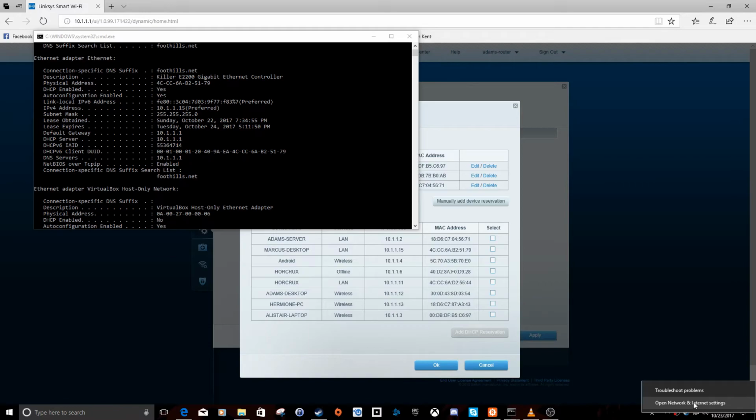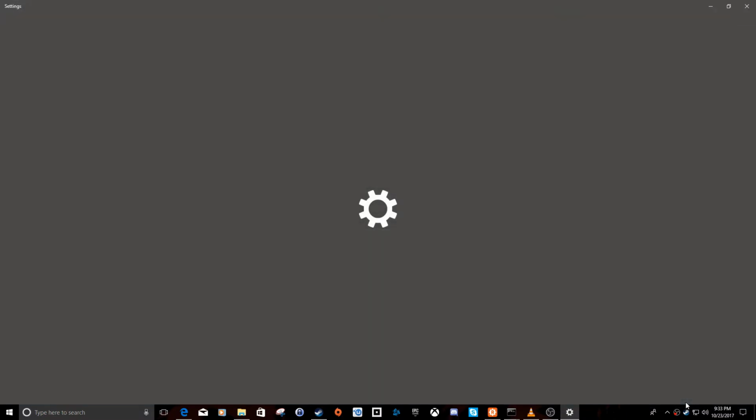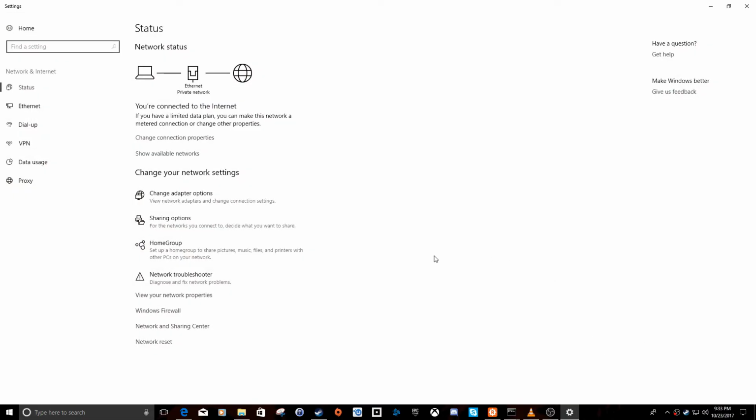Now I'm using Windows 10. The exact way to find this may differ if you're using something else, but we're going to right click that, hit Open Network and Internet Settings. Then we're going to go down here to the bottom and click this little link that says View Your Network Properties,